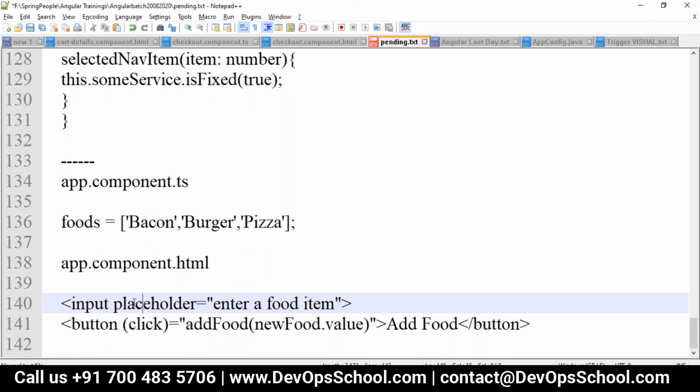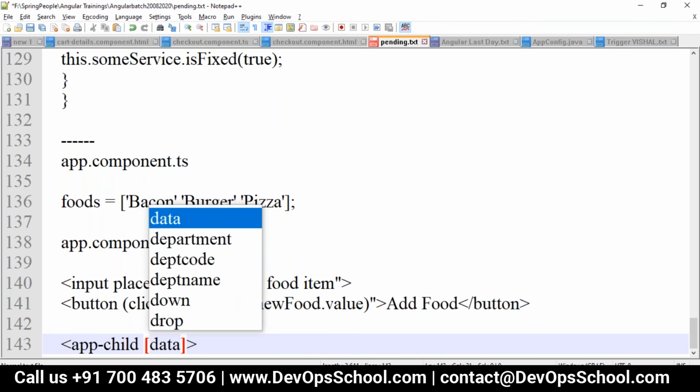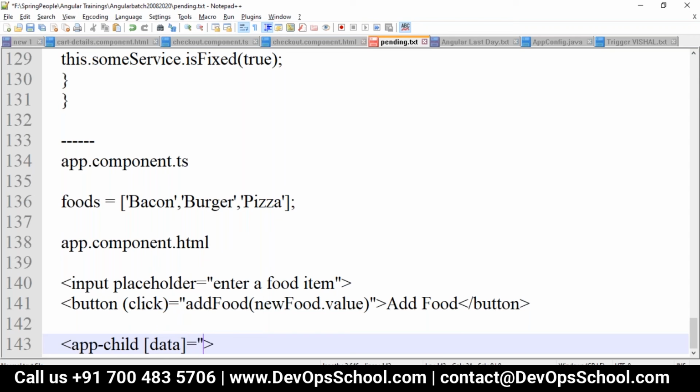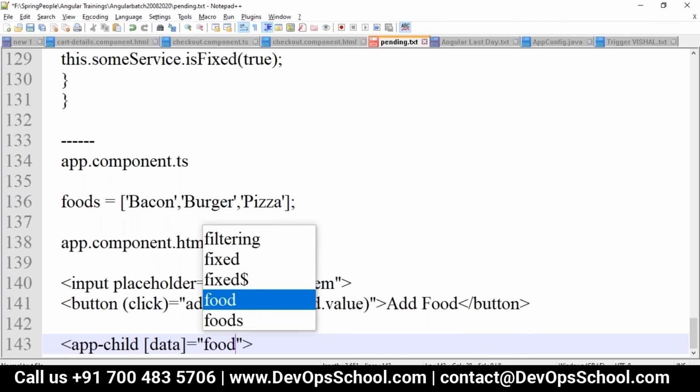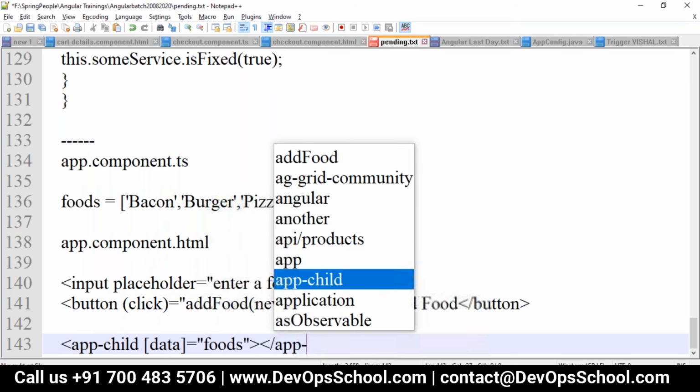We have some other children where you are rendering your data from the child component. Maybe here you will use app-child, so that the data rendering happens in that. We take one property called data, which we are using here, which is foods. This is what my app child is.